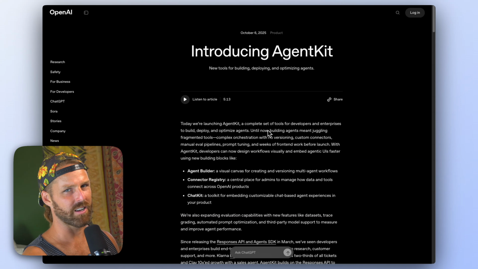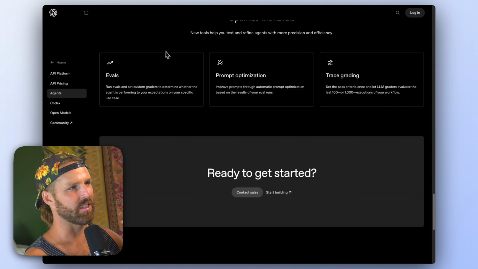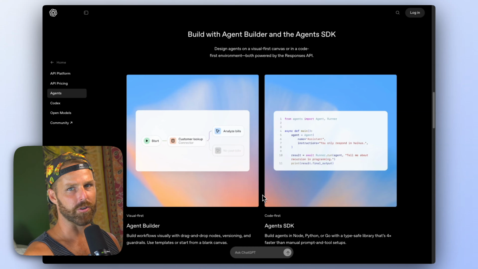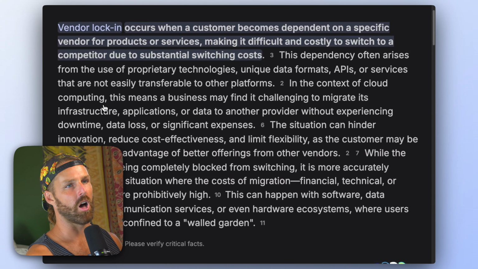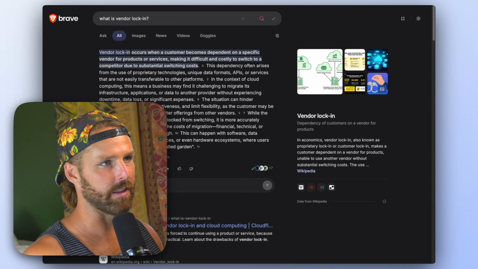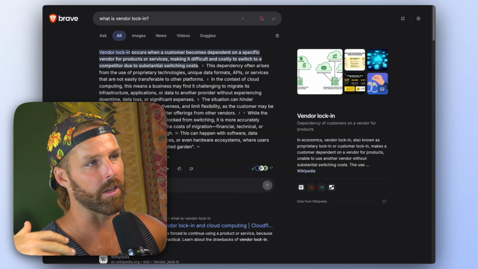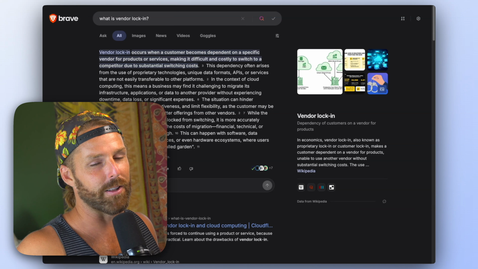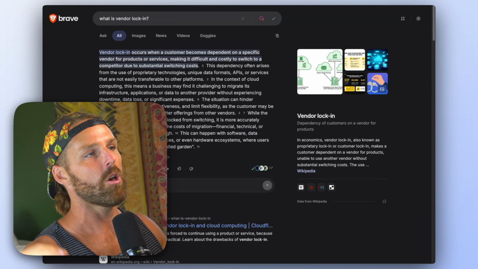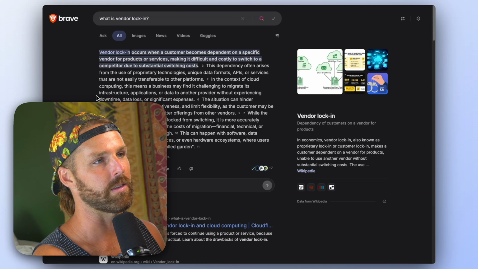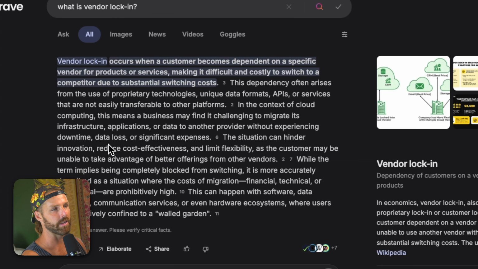So first, let's talk about OpenAI and their whole ecosystem and why it's something to be concerned about. There's something called vendor lock-in, which in my perspective is kind of where OpenAI is headed. They were the first company to come out there with AIs, and even though I think Anthropic is way better, unless you're like a developer or a total nerd like me, you don't even know about Anthropic. Most people have no idea. They just use ChatGPT.